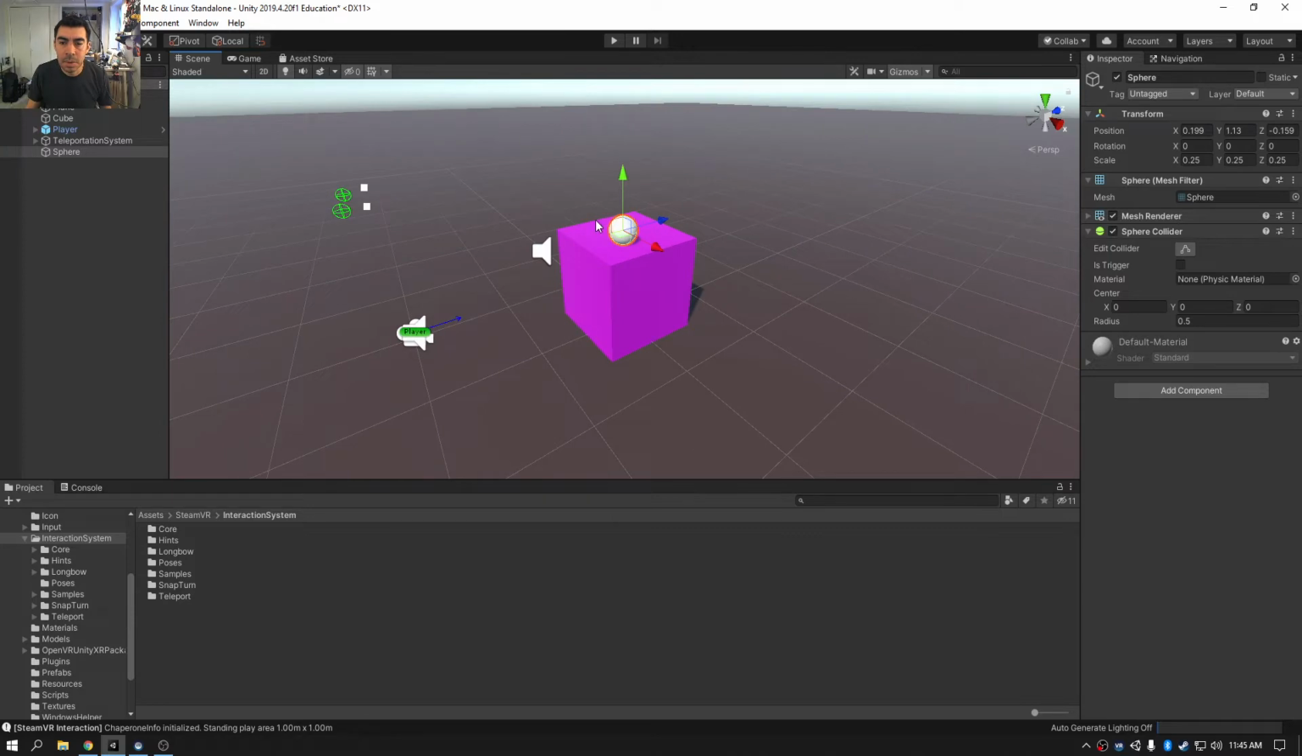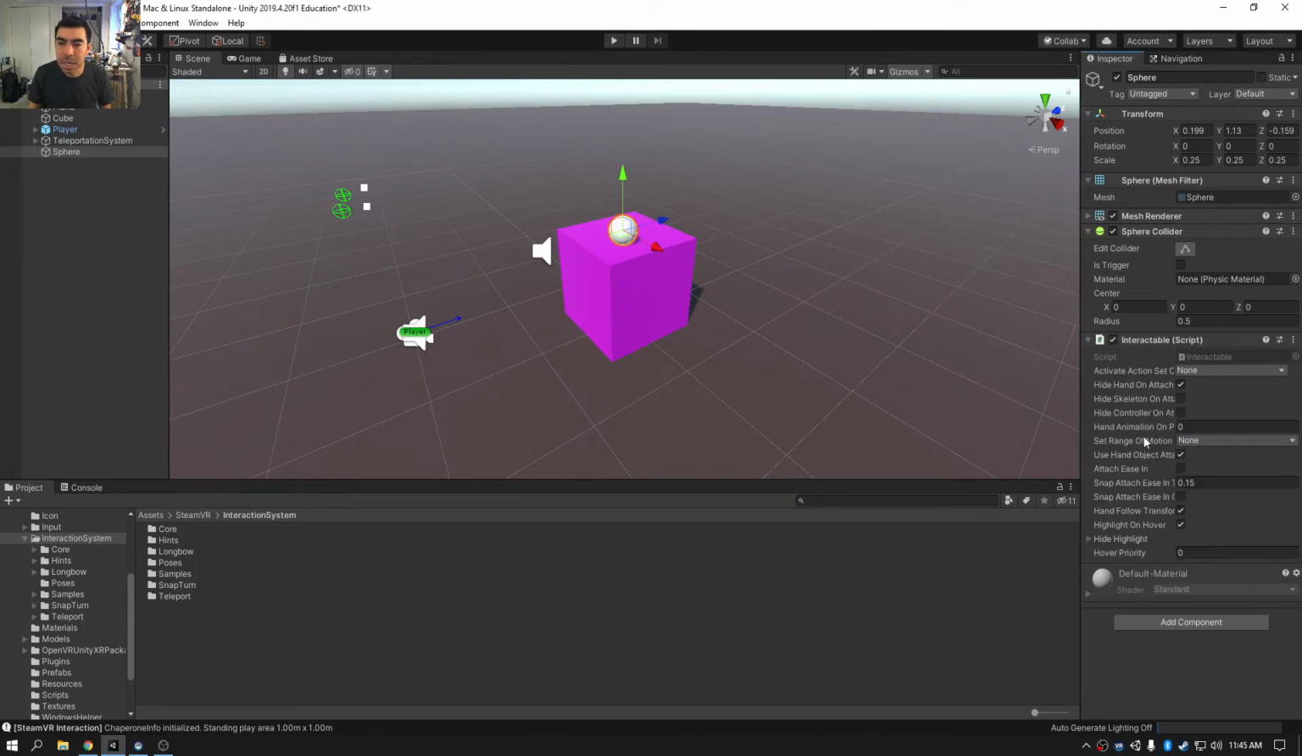We want to be able to grab our HTC Vive controllers and go and pick it up. The way you make it something you can interact with is by making it an interactable object. So you click Add Component on your sphere, and you make it interactable. And just by doing that, when I hit play